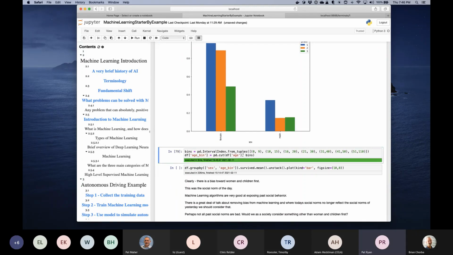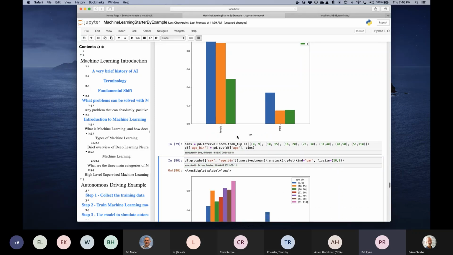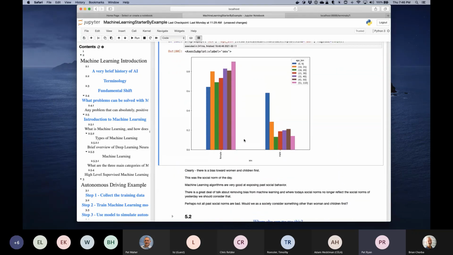So let me just, I'm going to do a couple more things here. This is a little bit of a busy graph, I realize. What I've decided to do was take the same female and male split. On the left-hand side, again, all those bars represent female passengers that survived, and I broke them up in terms of age groups. Interestingly enough, of the female age group, those over 51 had the highest survival rate. Those females that were basically 0 to 9, so the children, had the lowest.